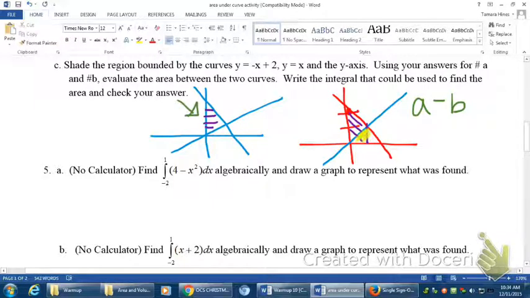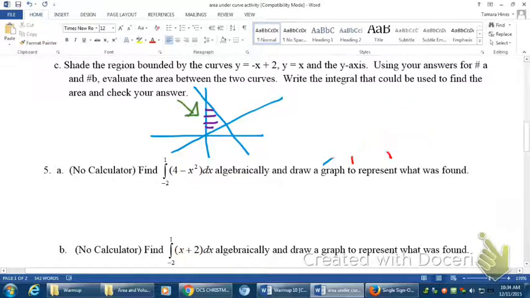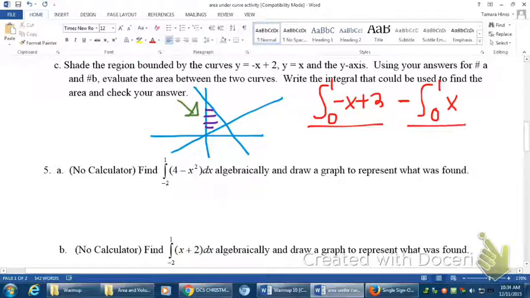And so one way to write the integral is to say the integral from 0 to 1 of negative x plus 2, and subtract the integral from 0 to 1 of x. Because this is the A part and this is the B part. And you would get 1, because it's 1.5 minus 0.5. Now, another way that you can write that is the integral from 0 to 1 of negative x plus 2